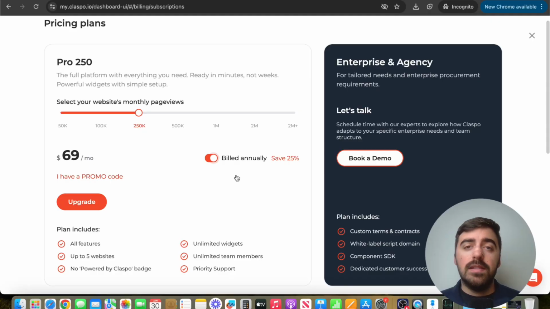So yeah, browse through the different plans, choose the one that works best for you, and if you'd like to save some money, I definitely recommend you to subscribe to the plan that you like on an annual basis, as that will save you 25% of the total cost of the plan. So for example, the Pro 250 plan goes from $99 per month down to $69 per month,